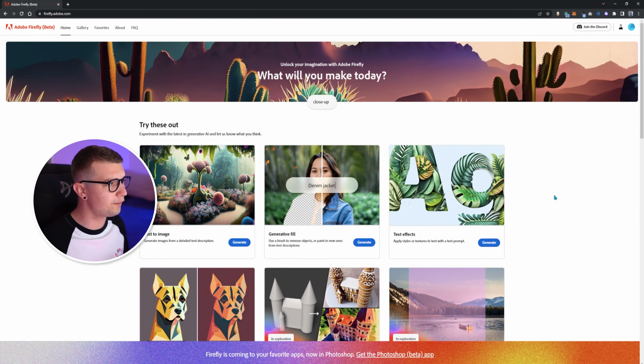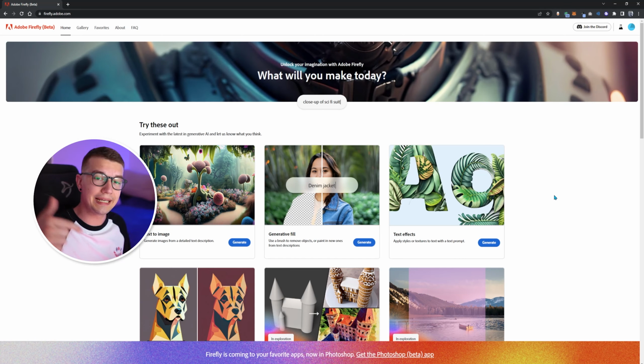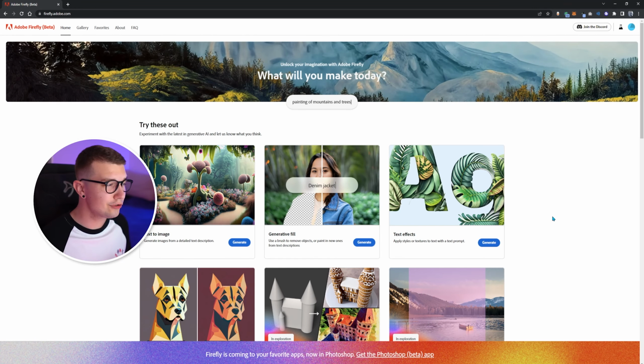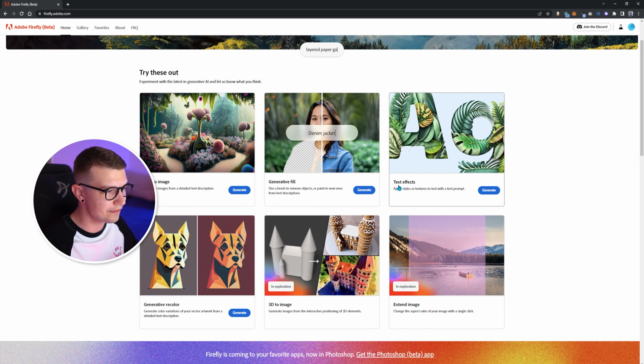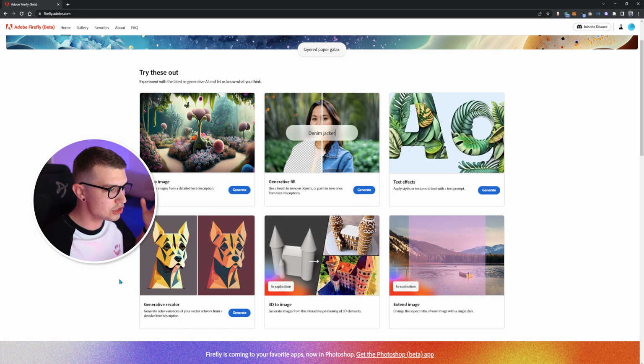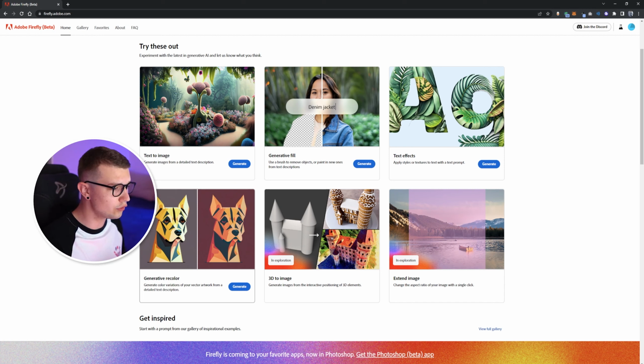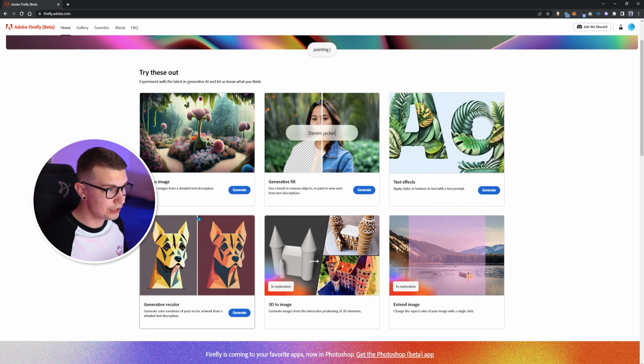It is super good. So as you can see, all you have to do is go to firefly.adobe.com. I will link the website down in the description. And you don't have only the text to image thing that Midjourney has. You also have the generative fill, the text effects, and even the generative recolor. So you can recolor your logos or whatever you want. There is also 3D to image and extend image, but those are in exploration, so those are not added yet. Extend image is a thing in Photoshop in Adobe Firefly. So if you have Photoshop, you can use this, but for now, the only things that are free are these